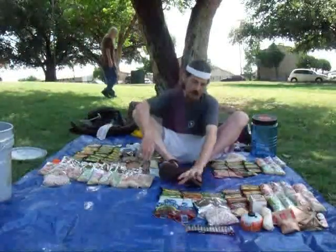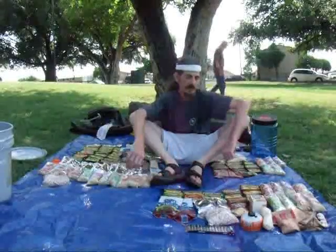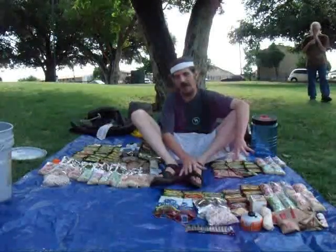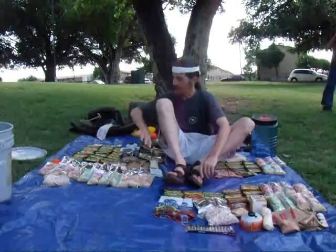But over here we've got another 8-day supply. All of this right here is going to be sent to the Tuolumne post office. So this is my first resupply. It's allotted for 8 days. In between the 8 days here and the 11 days here, I plan on possibly stopping over at, I think it's called VVR,